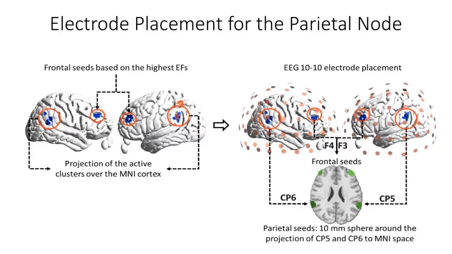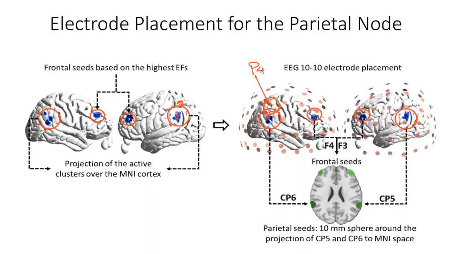And we realized that if we want to target this area, we need to put the electrode on CP6 and CP5. Before, we had been targeting here, which was P4, and the effect was really poor. So we were getting frustrated because we had been stimulating the frontoparietal part without any response, but we realized that it is not this part of the parietal. This is a lower part of the parietal, so now we can put the electrode in this part and start to stimulate. So this one and this one.